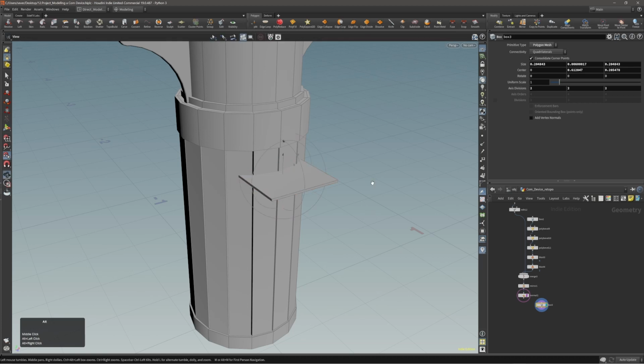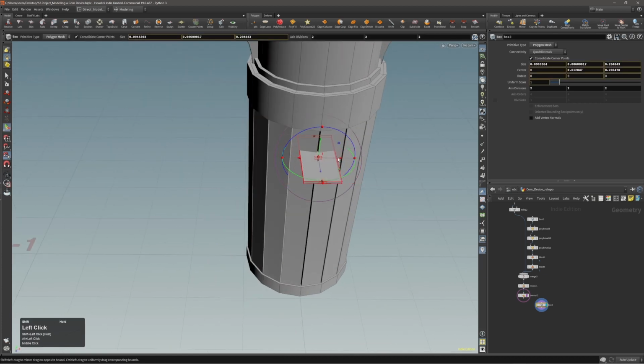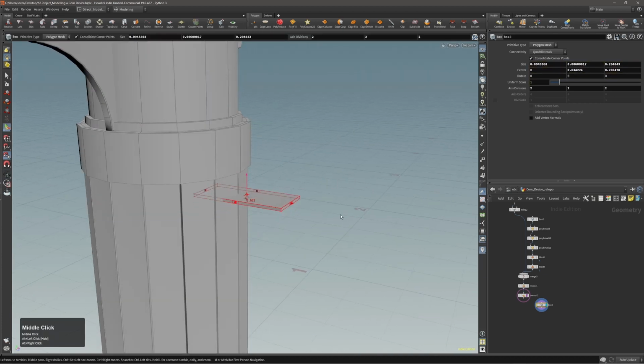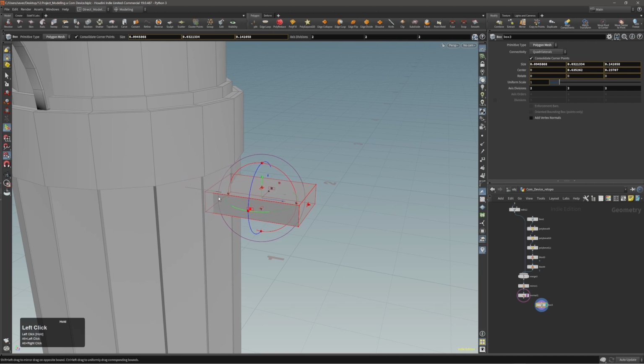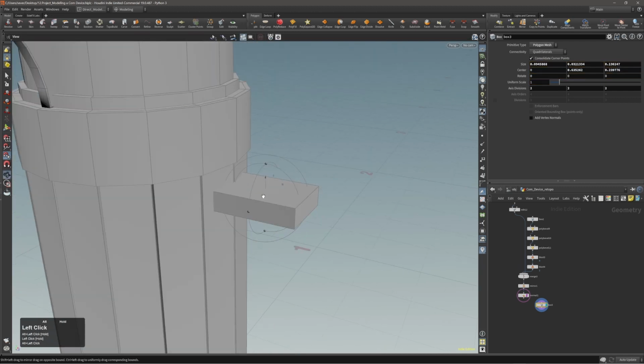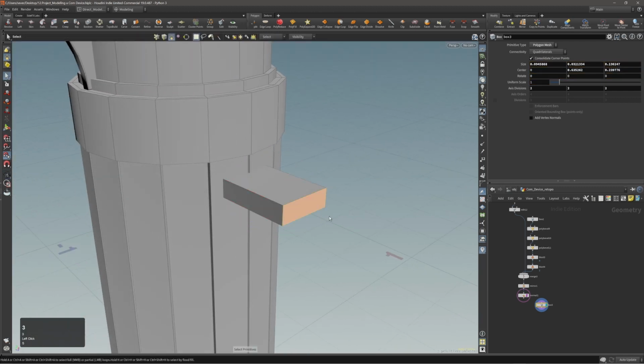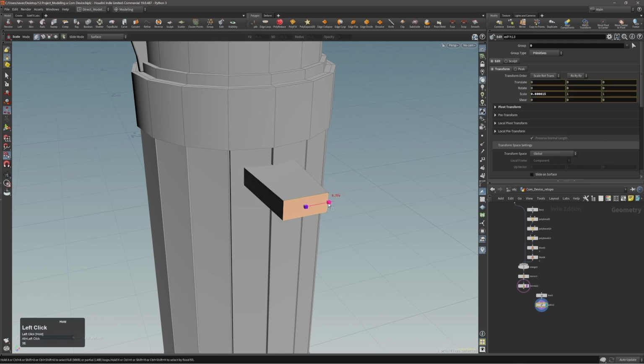I'm really curious about that. So okay, let's see. Something like this. You can bring this part here. And this part seems to be a bit like this. And then